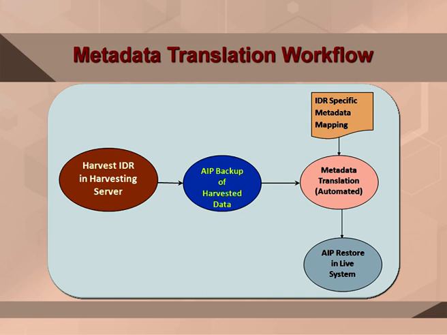So, a translation is required where you have harvested, take the backup of the harvested data, and then you put a one-to-one mapping for that particular source of how the metadata is mapped. Just to give you an example, you may be taking PDF book contents from a source where the writer of the book is called a creator, and in your system the writer of the book may be called an author. So, in this mapping you will have to say that the creator in that site is author in our digital library, and on the fly translate them and create the appropriate metadata.